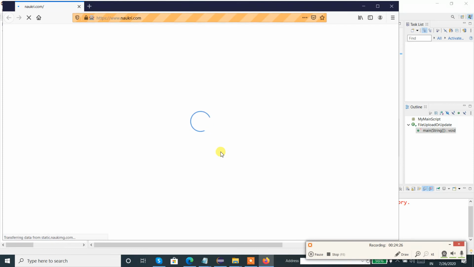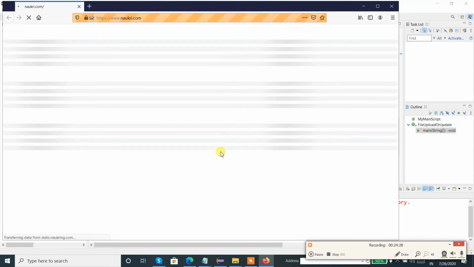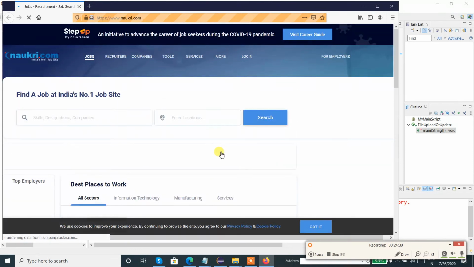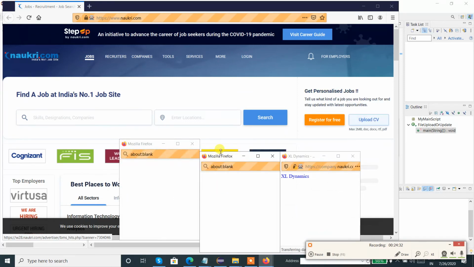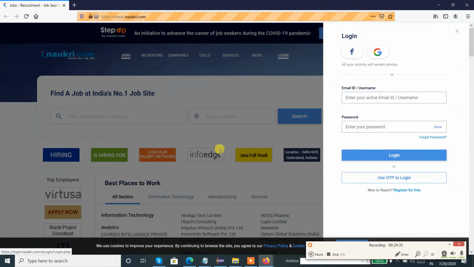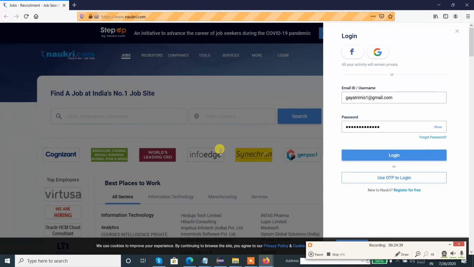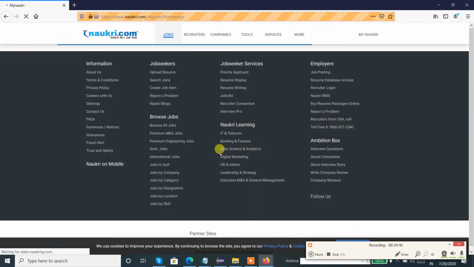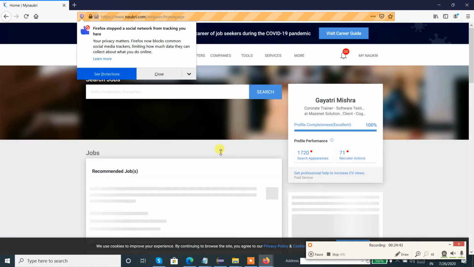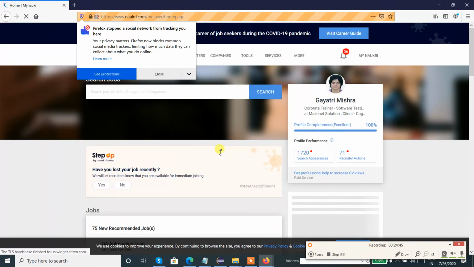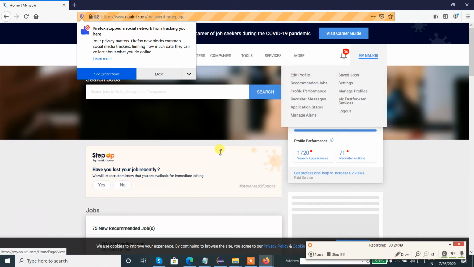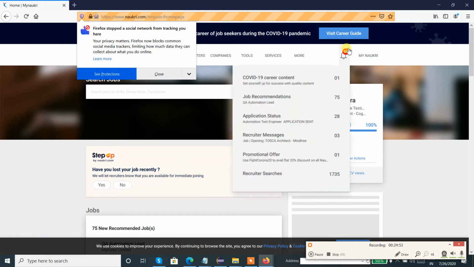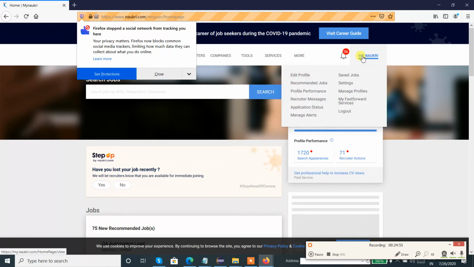For many of the steps we provided thread.sleep, so no showstopper error will come into the picture now, I hope. Yeah, we are in the login page. It accepted the test data, and we clicked on login successfully. My Naukri should be mouse over. Yeah, now mouse over is happening over here.